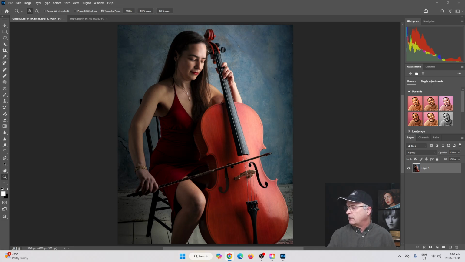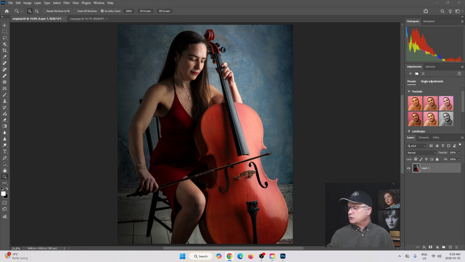It says the downward gaze and closed posture create a calm, introspective feel that suits the cellist perfectly. Okay, that's wonderful. That's nice. Now it talks about color harmony. The warm reds in the dress and the cello contrast beautifully with the cool blue background, very painterly. Okay, so there's a couple of nice bits of positive feedback that you get from ChatGPT. Directional light. Now it says the soft light sculpting her face and the cello adds depth and texture without feeling harsh. Okay, I like that because that's kind of what the intent was.